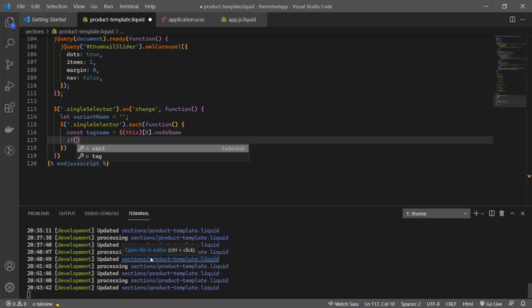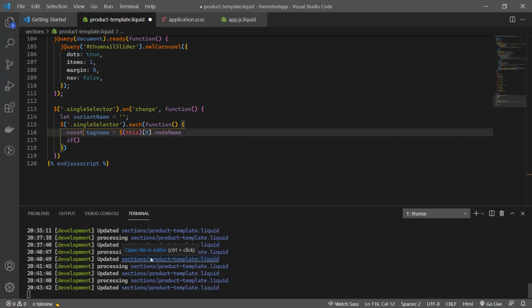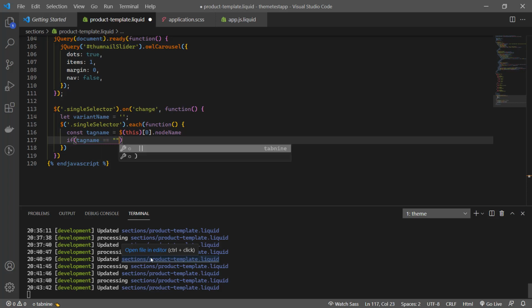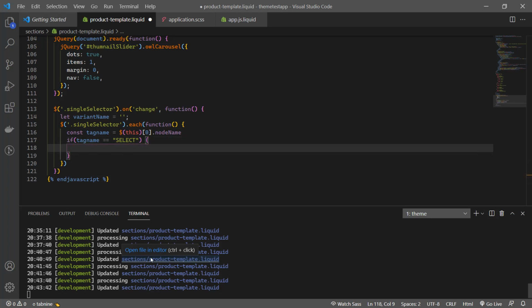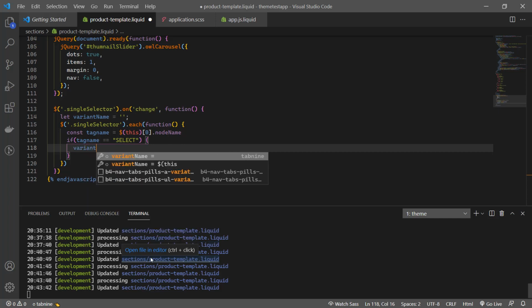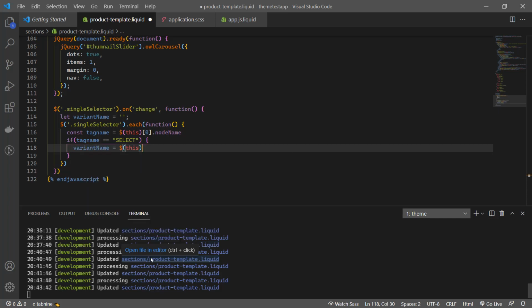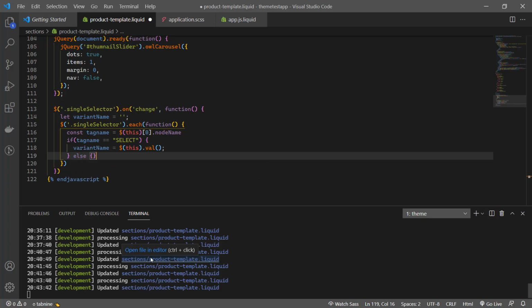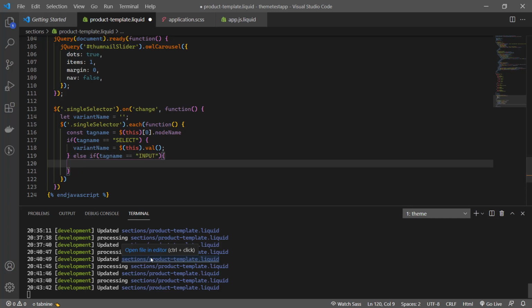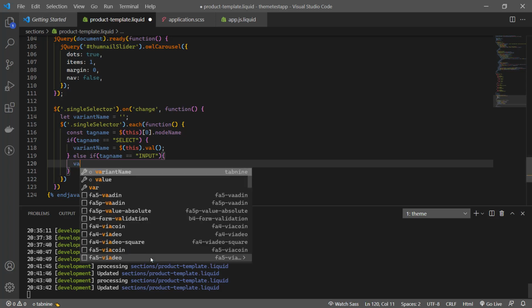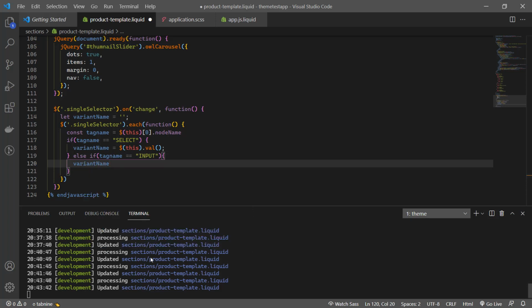Let's call if tag name is equal to select, then variant name is equal to this dot value, else if tag name is input, then variant name is equal to